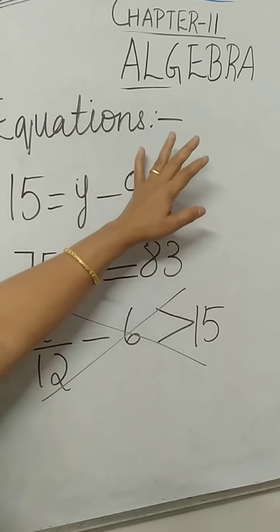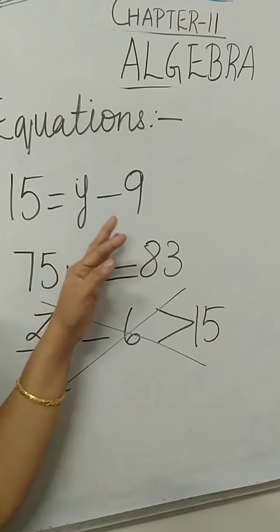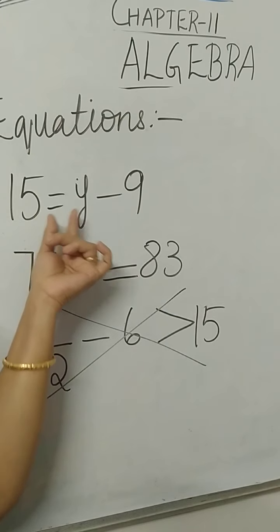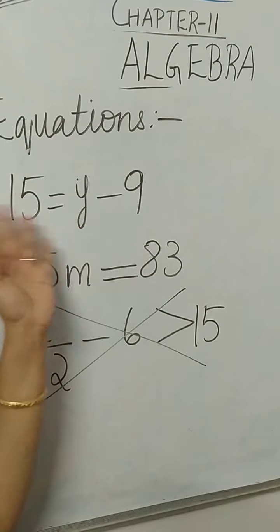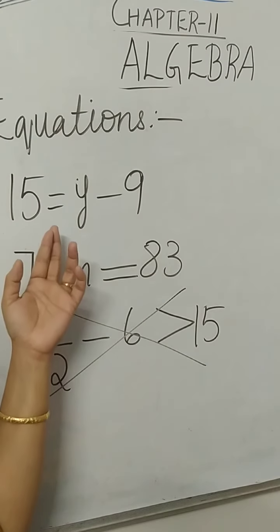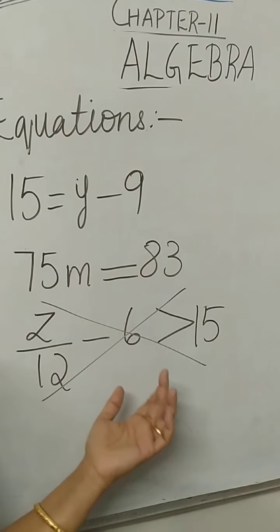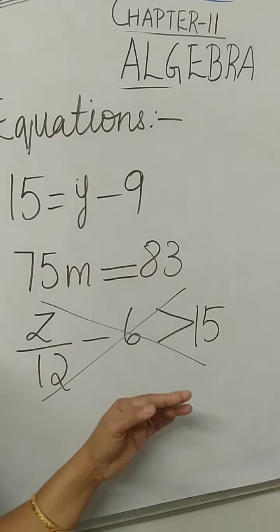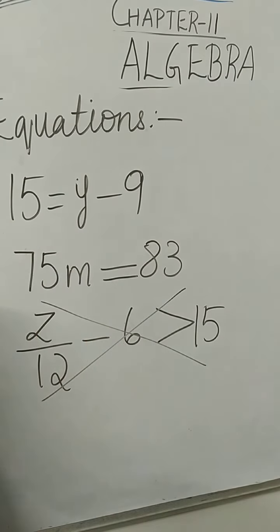In today's class we learned where we use expressions practically. Then we learned what equations are. Equations have an equal sign in between, which helps us solve for the variable. We can get the value of the variable. If there is a greater than or less than symbol or any other symbol other than equal to, it is not called an equation. This is called an equation.